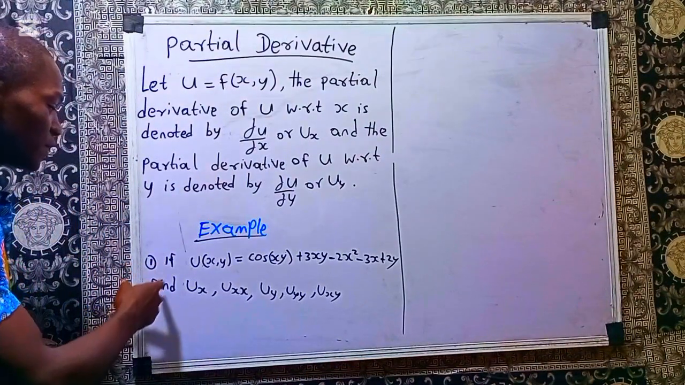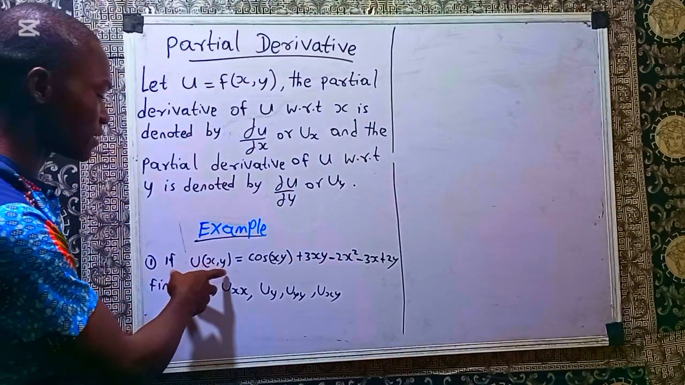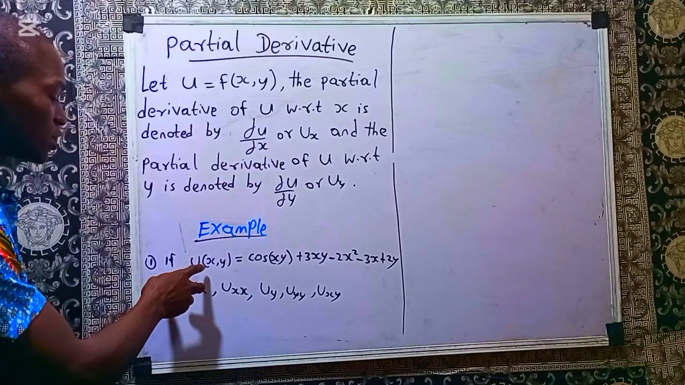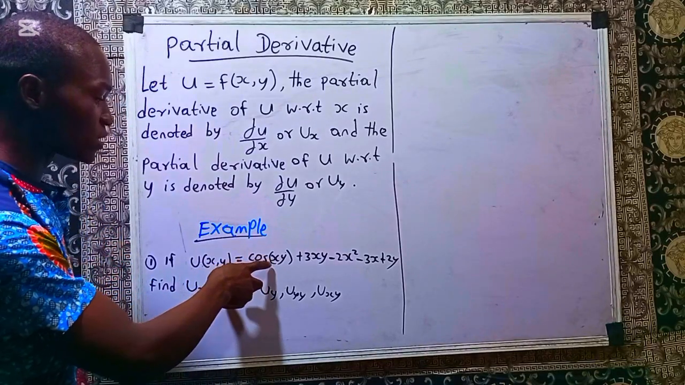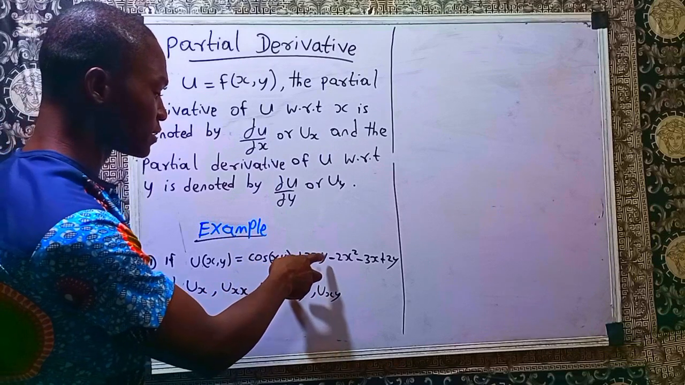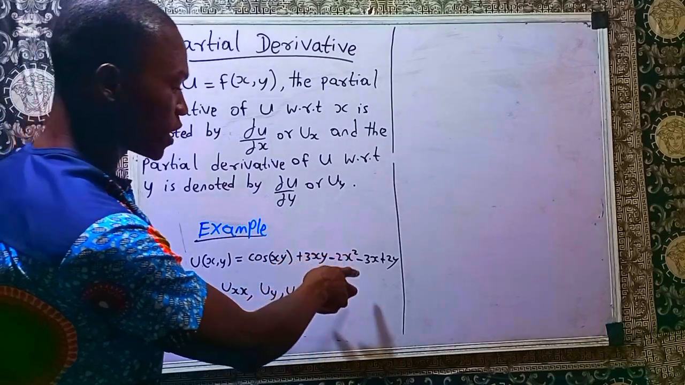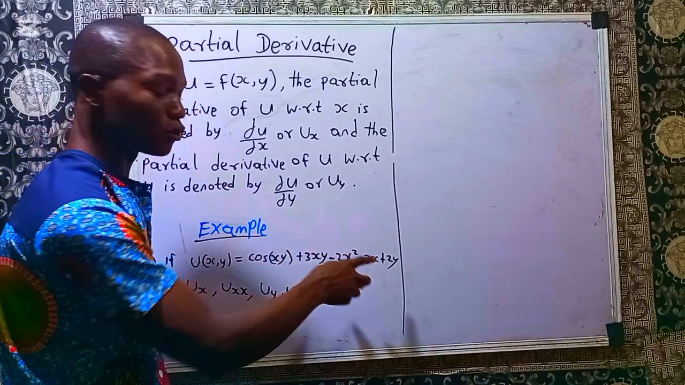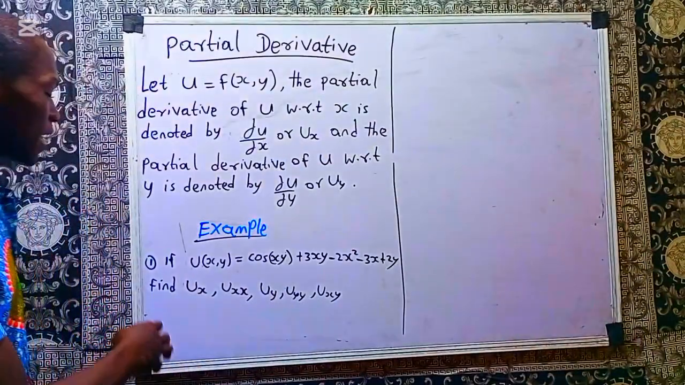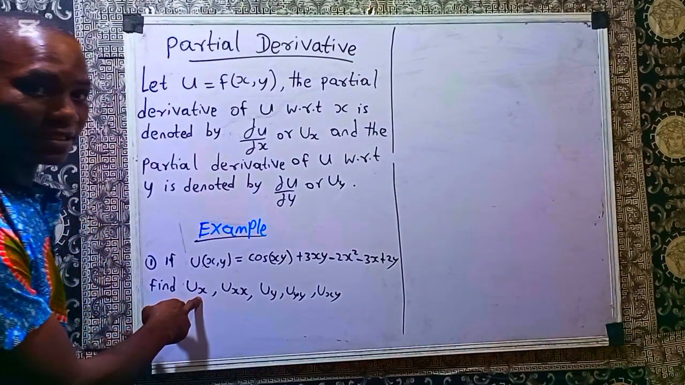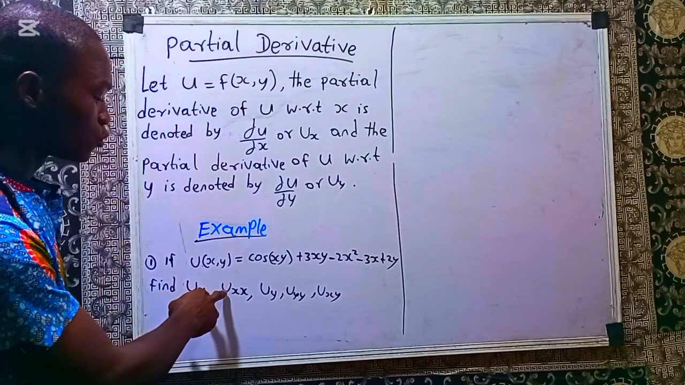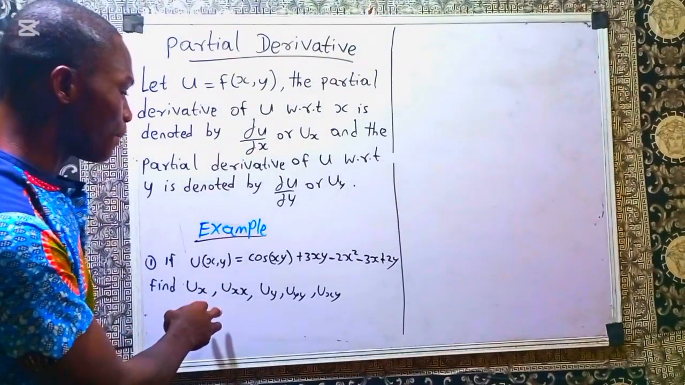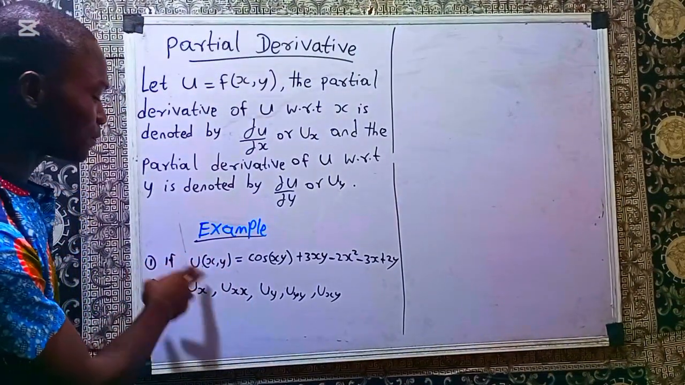Now assuming that you are given a function of two variables x and y, that u is a function of x and y, and is equal to cosine xy plus 3xy minus 2x squared minus 3x plus 2y. Then they ask to find u subscript x, that's partial derivative of this u with respect to x, u subscript xx, partial derivative of this u with respect to x,